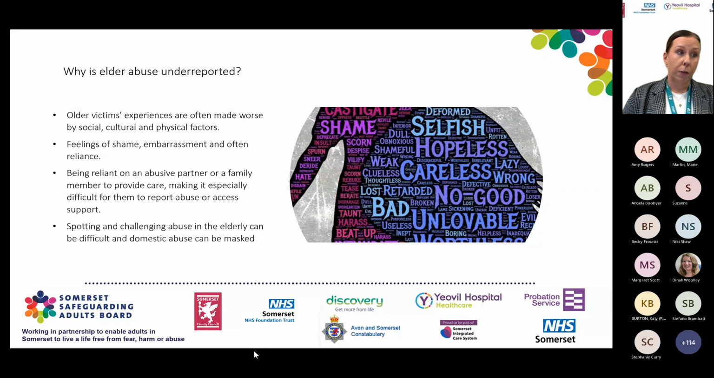Psychological and financial abuse is actually recorded as the most common form of harm, which includes manipulation of older people to obtain their assets. So that could be through predatory marriage, wills, and then abuse of power through the lasting power of attorney process. Lastly, and what I think is most important and the biggest barrier, are the attitudes towards